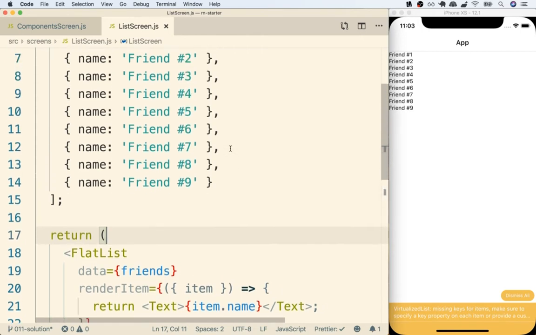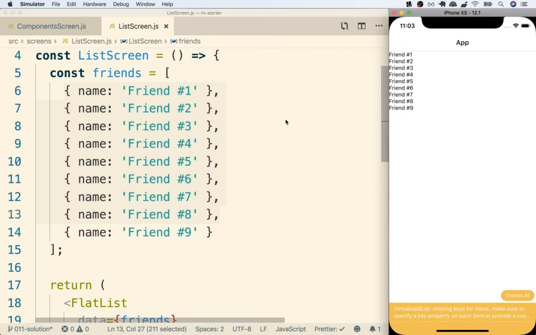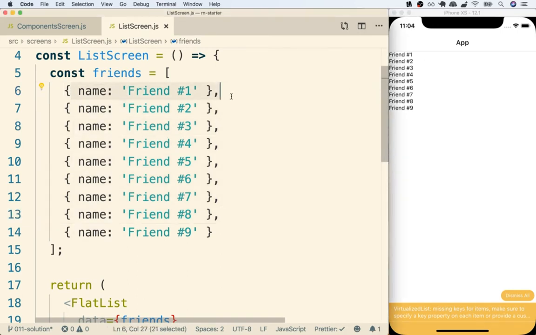Okay, so let me show you the first way we can do this. The first way to add in a key prop and allow React Native to essentially associate one of these objects right here with what appears on the screen is to find these original objects, and to each object, we're going to add in a key property. The requirement of a key property is that it must be a string. It must be consistent between renders, and it must be unique compared to all the other objects inside of our array of data. So in this case, I might put in a key right here of just like 1.